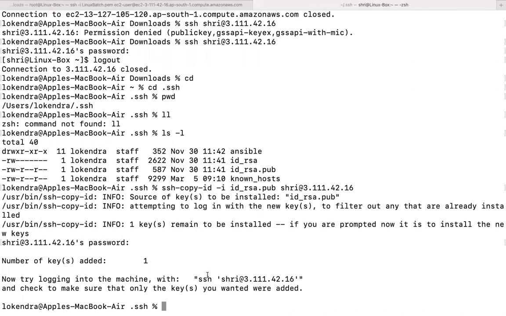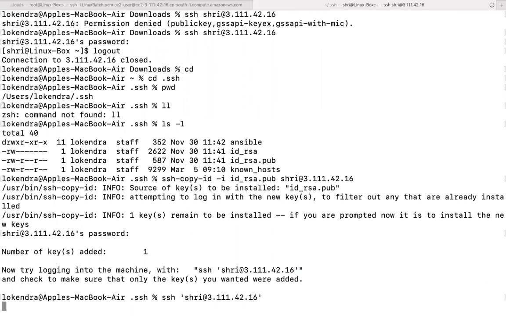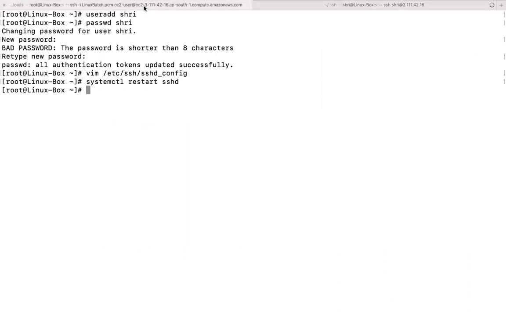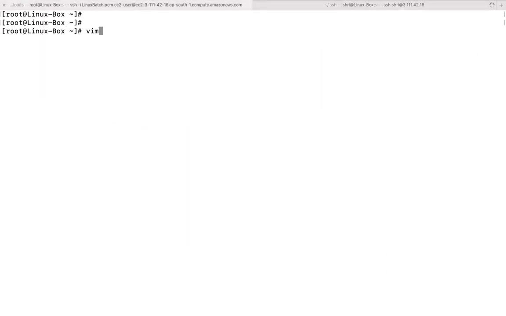Added. Now the system is telling you that your keys are added. If you want to log into that machine, you can try this particular command. It will not ask you to enter a password. Moreover, if you want, what you can do here is go to that file, vim /etc